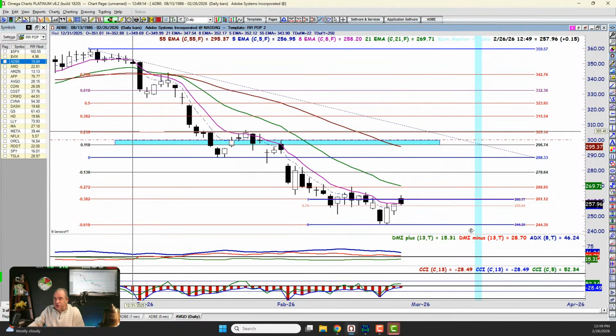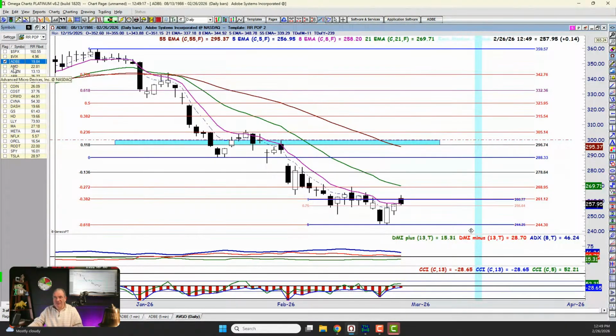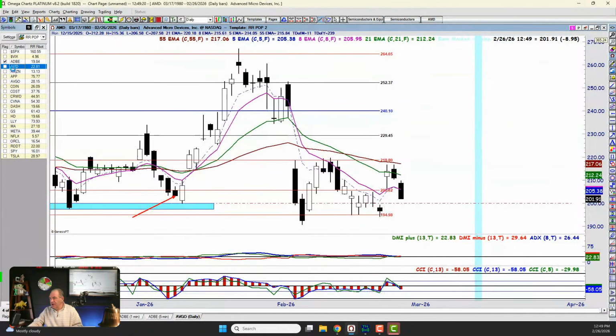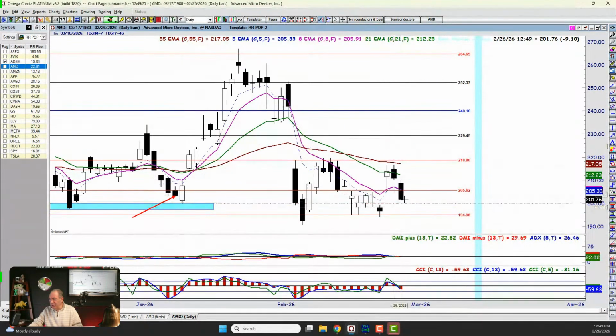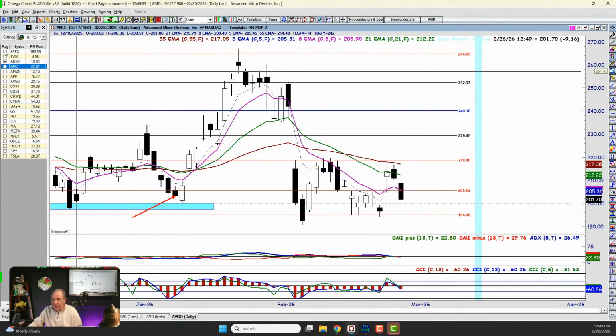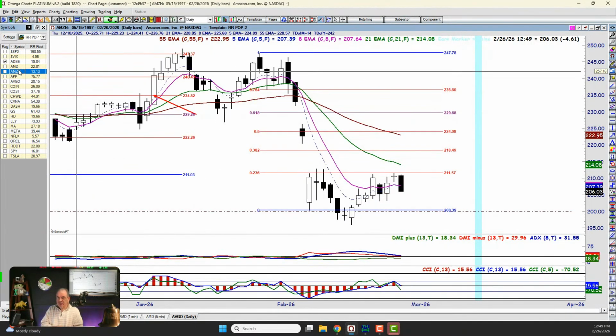All right, so I like Adobe a lot. I would put a check mark next to Adobe, and that one is now saved for me to look at later. If I look at AMD, I've got to drag my fibs out a little bit. The 8 moving average is right on a fib line, but we're in the middle of nowhere. So yeah, I'm going to say no to AMD. Amazon, it's in the middle. What rank is it? 3. So 3 is not for me.